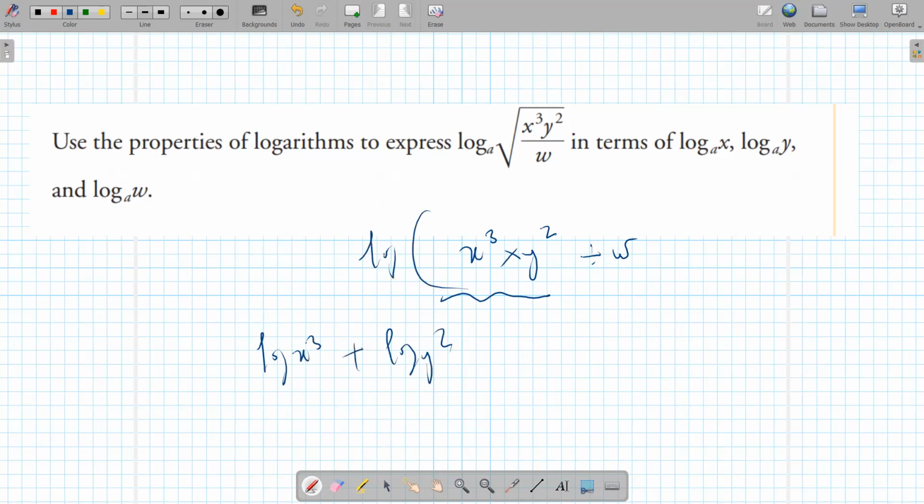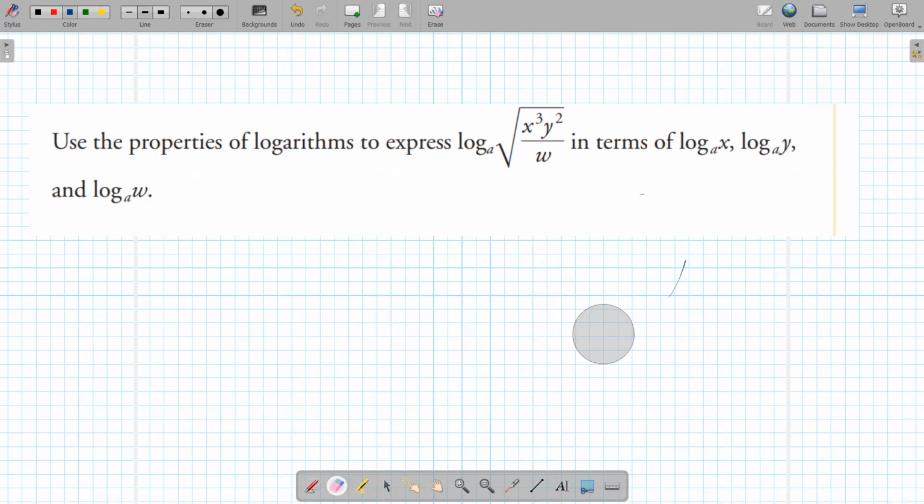If you have one big log inside which you have a multiplication, what does that mean? That means it's a plus. What about the divide w? You subtract. Yeah, you subtract. Okay, keep that in mind. So that's going to be